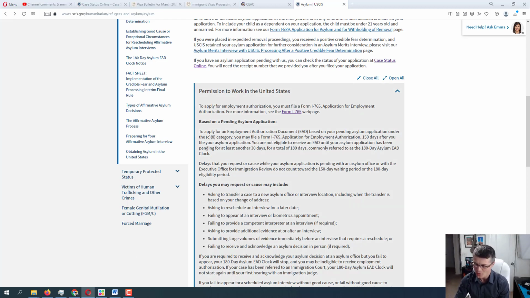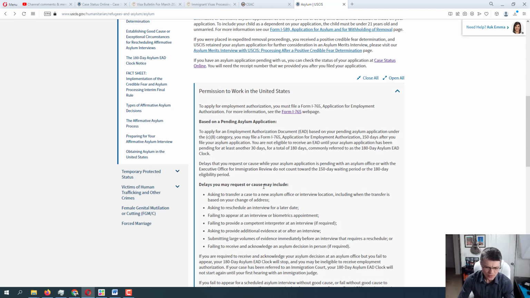Now, again, according to the official government source, you can do 150 days after you file your asylum application, which is March 1st. But just to be on the safe side, because technically it's pretty hard to prove exactly when, you can show the mailing receipt and all, but when you have the receipt notice from USCIS saying that they have received your application, that date is already in the USCIS system, so there is basically no way out of it. So I would wait until you get that receipt notice and start counting 150 days from then on, if that makes sense.